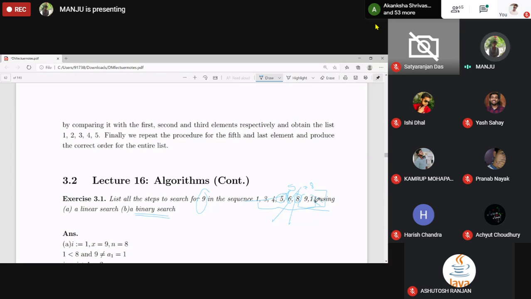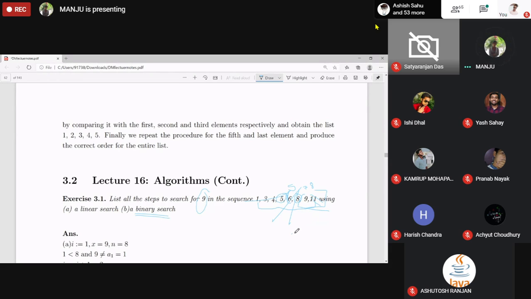So the condition for the while loop becomes false, that is, 7 is less than 7 is false. So it exits out of the while loop.